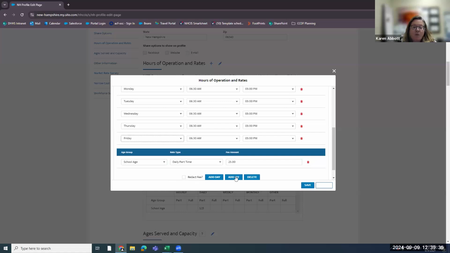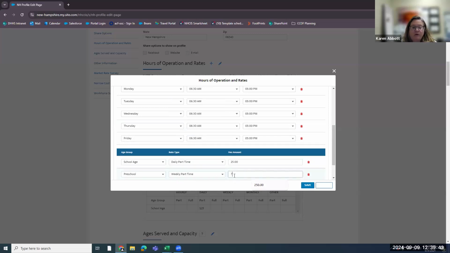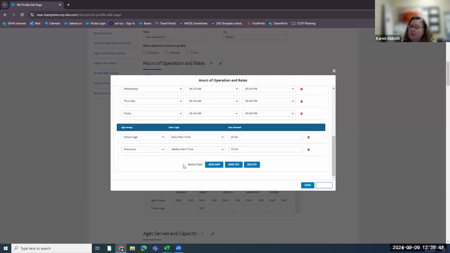And if you do not want your rates shared on the public portal of New Hampshire Connections, there's a little box at the bottom where you can check it and it will redact, it will block your rates from being shared to the public. But the only people that can see that, and it's not by your program, it kind of collects it just for statistical purposes for the Bureau to be able to collect this data, which is used